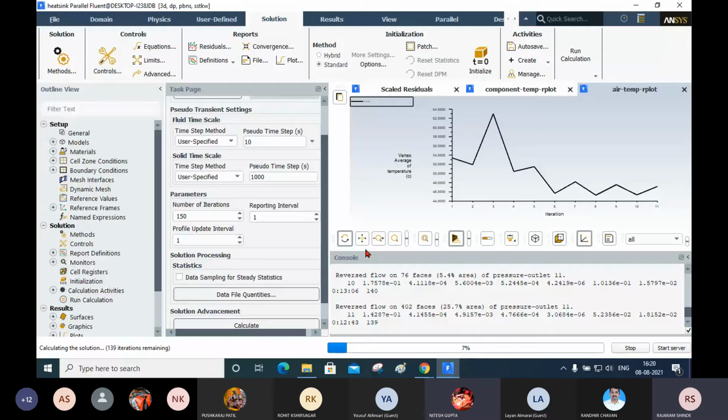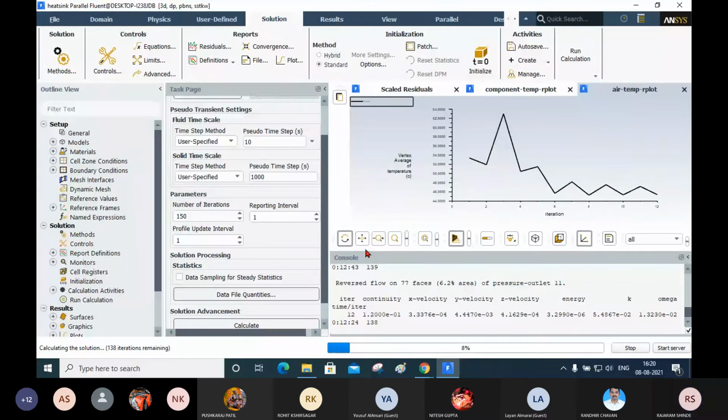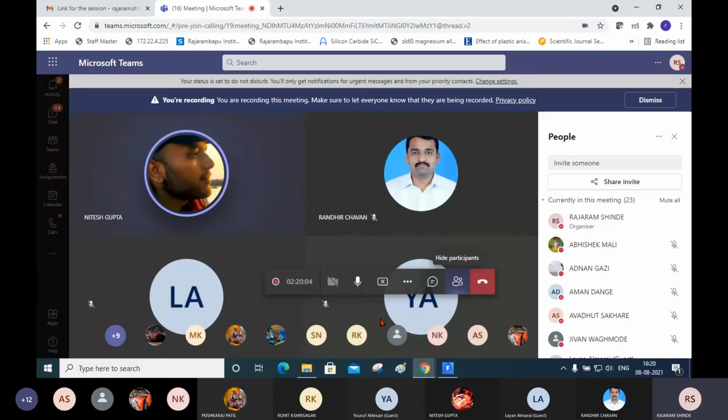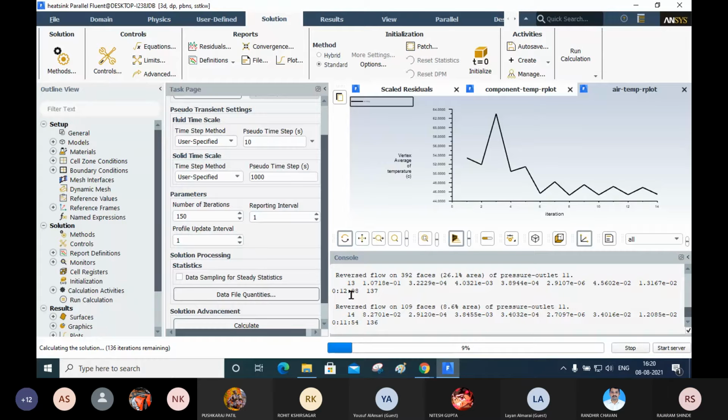Why? If we select the pseudo transient, it will, I have already told you, it improves the convergence rate when we select the pseudo transient.